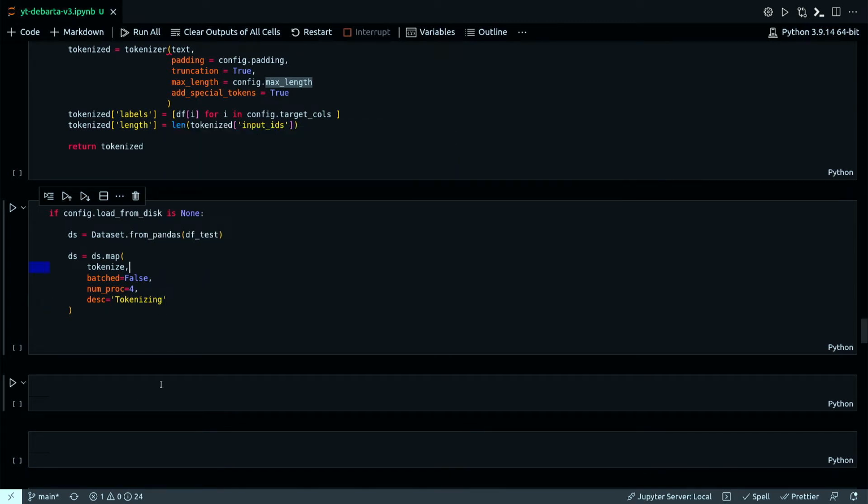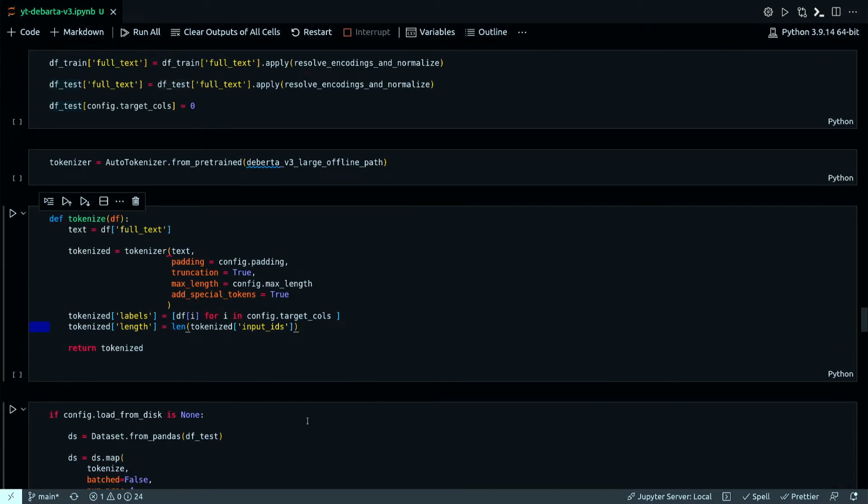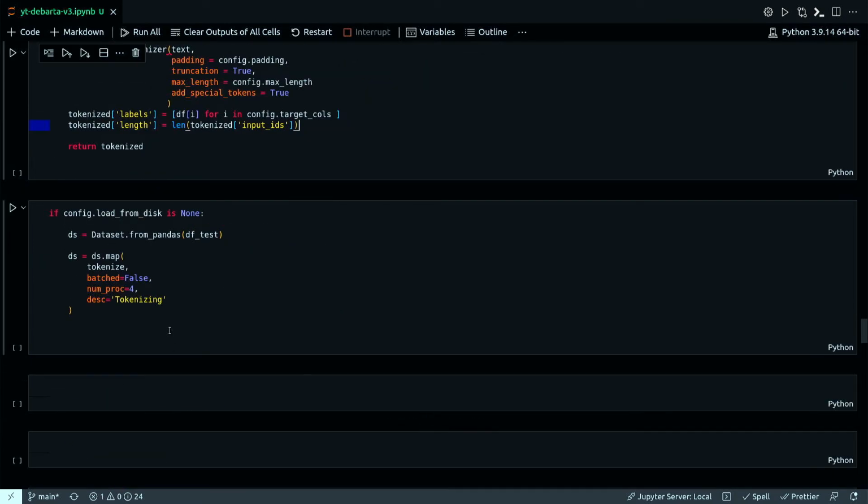And a quick word on this map function here, because this is a very useful function and will be used very often when you are working with Hugging Face dataset. So the primary purpose of map is to speed up processing function. It allows you to apply processing function to each example in a dataset independently or in batches. This function can even create new rows and columns. In this case, for example, this map function is applying the tokenize method that we just defined here on each row of our data frame.